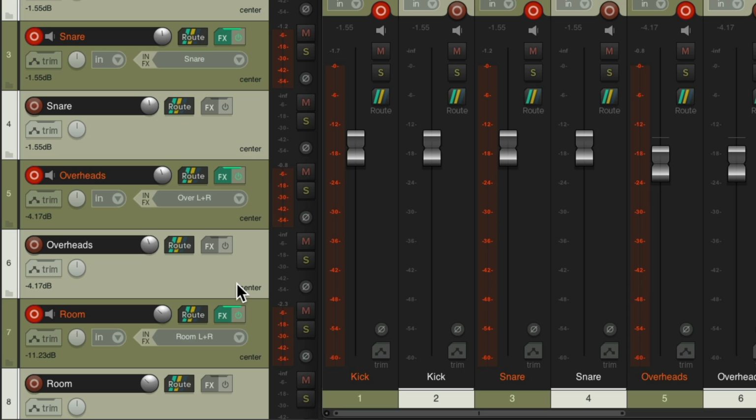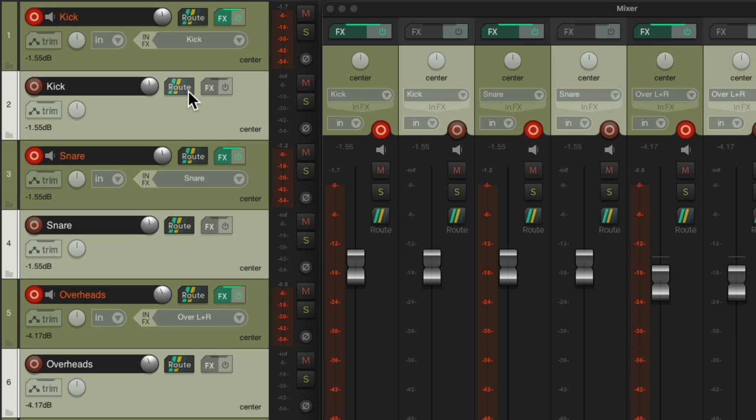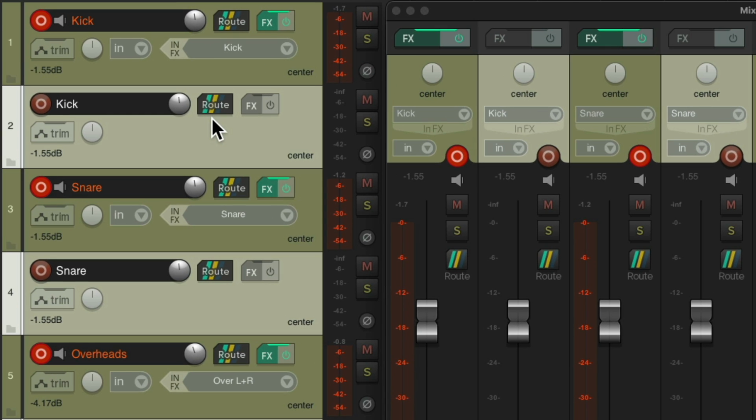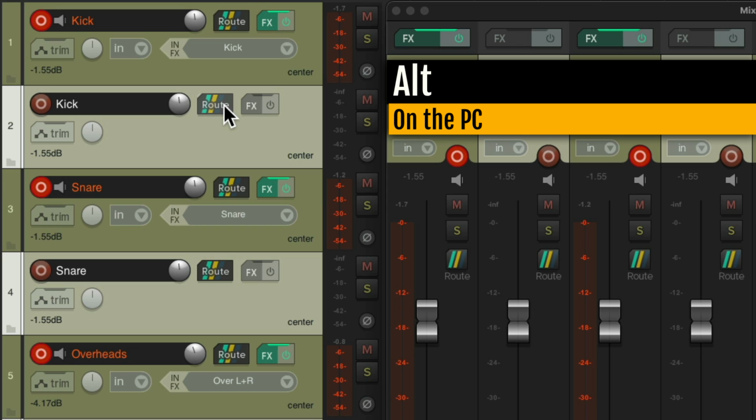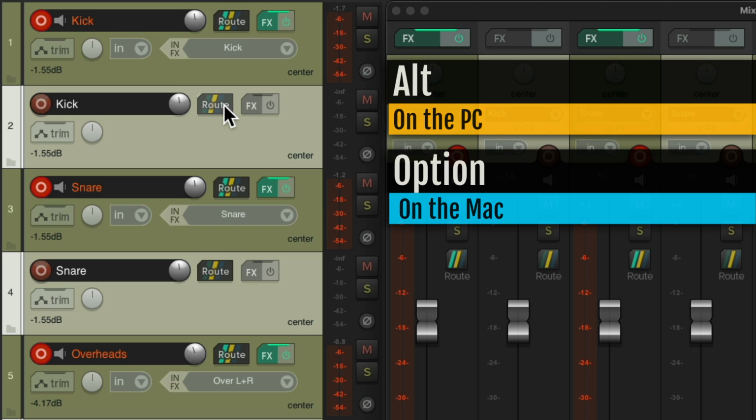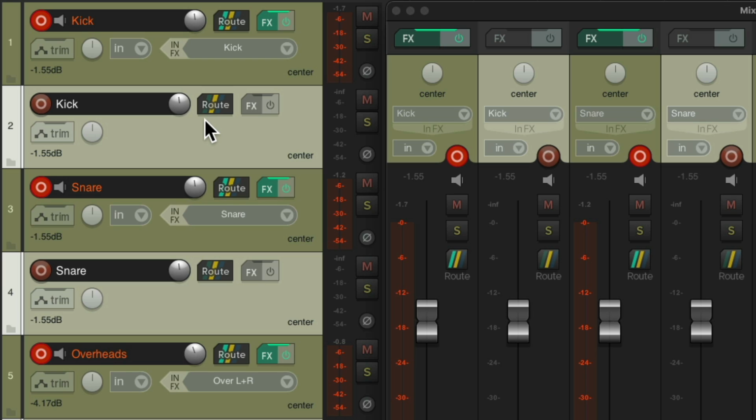Now we also don't want to hear both tracks in the control room. So to take them out of the master pair and send, we can use this shortcut. Go over here to the routing button. Notice the 2 stripes, a greenish and a yellow. If I hold Alt on the PC, Option on the Mac, and click it, it removes that first stripe, taking